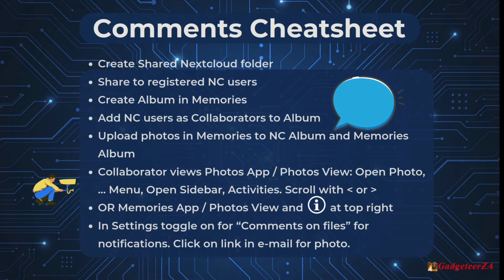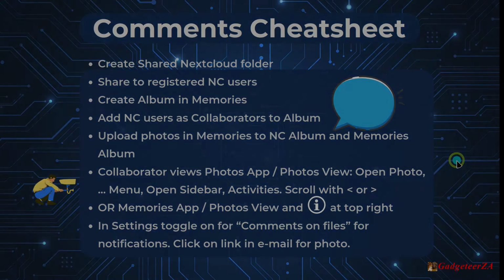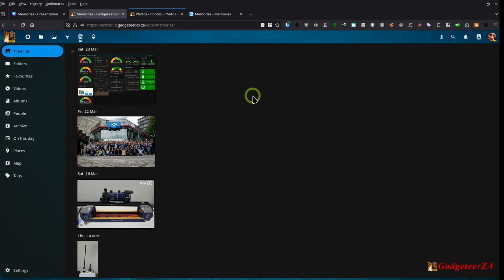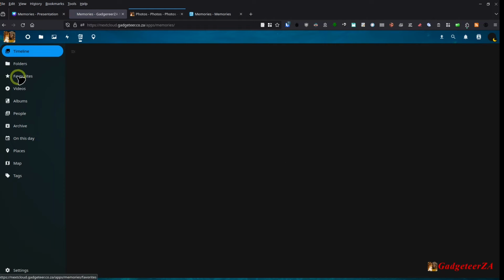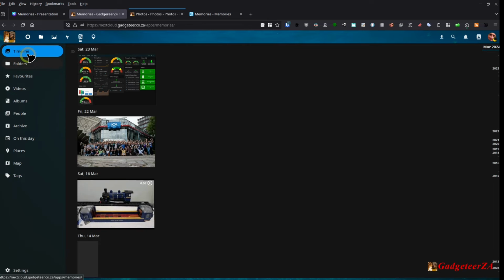I'll show it again now, as I said, when we get to the view itself. So I think let's go and have a look at the interface, and maybe all will become simpler and clearer. As soon as you've installed the Memories app in Nextcloud, you'll see this little icon at the top here, Memories, versus the Photos one that was always there before. And if you click on Memories, you'll see the views down the left-hand side over here. So obviously the timeline view,